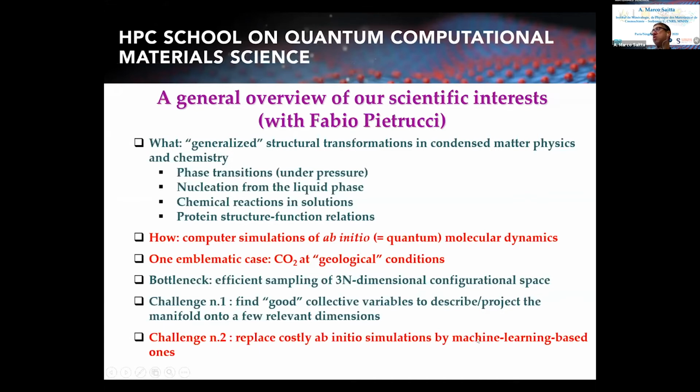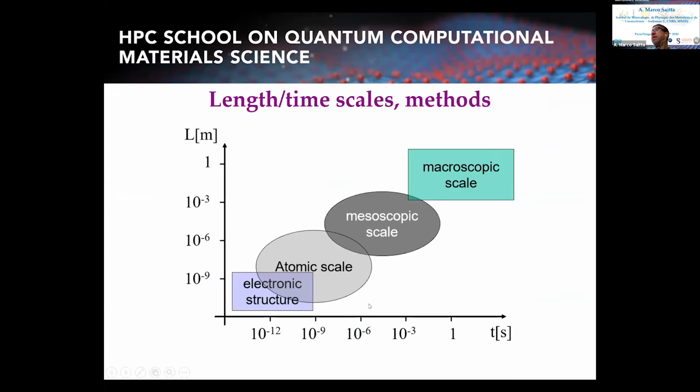We are starting to use them to replace, in a way, costly ab initio simulations with a more efficient way to study matter. So, in the spirit of the school, I will just start by saying a word about length scales